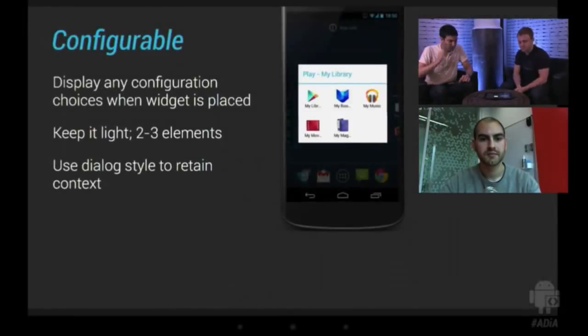All right. And this is a few more guidelines. We touched briefly on the configuration, but this is an example of what it might look like. So if you drop the Google Play Library widget, which shows you all your books and movies you've been watching lately, you'll get this dialog which will pop up offering you, if you want to personalize it, just one of the media sources. So some general guidelines about creating these configuration steps is you want to keep it very